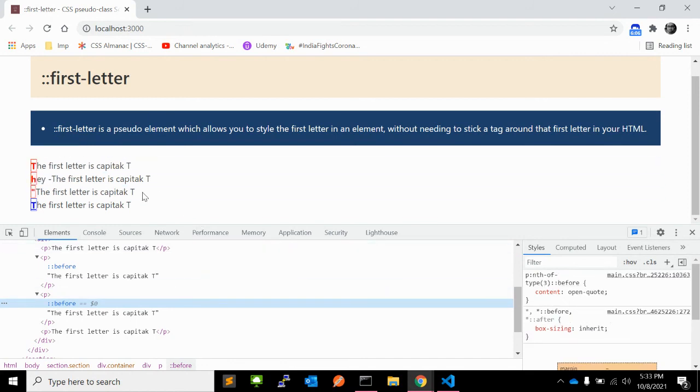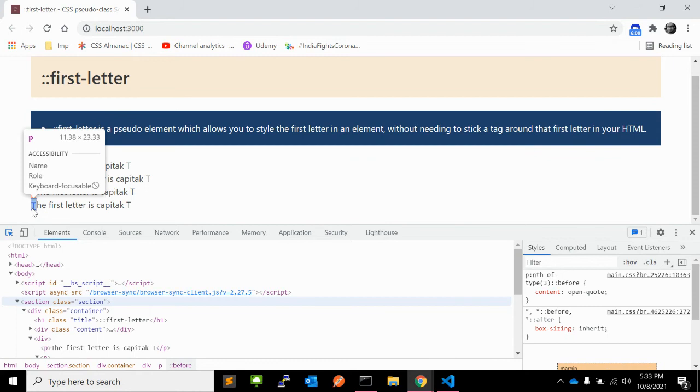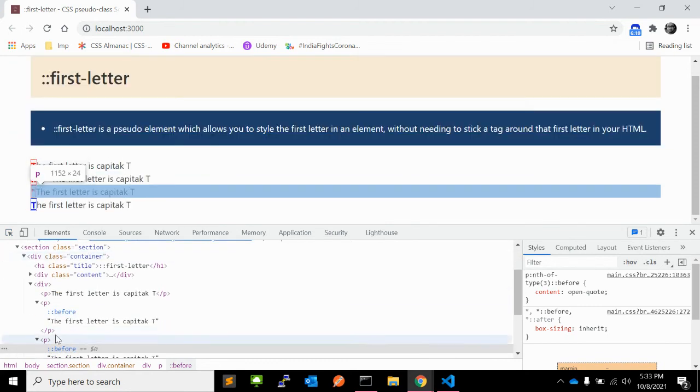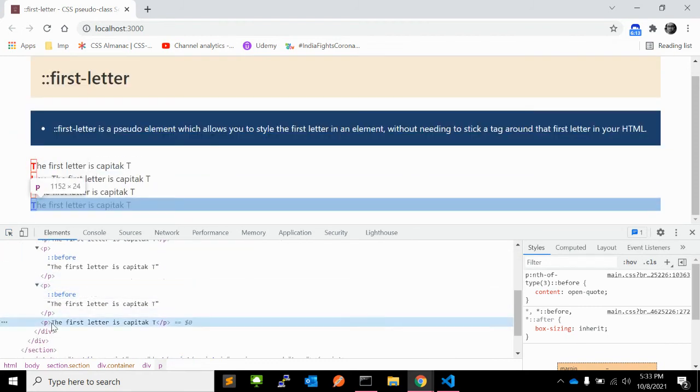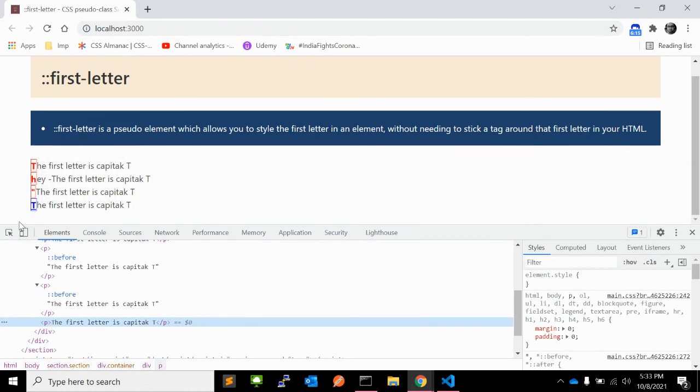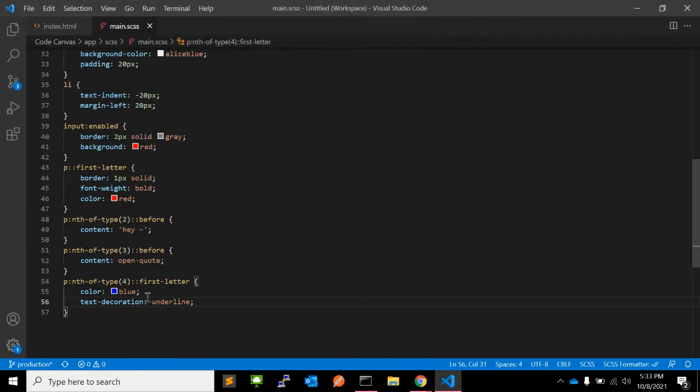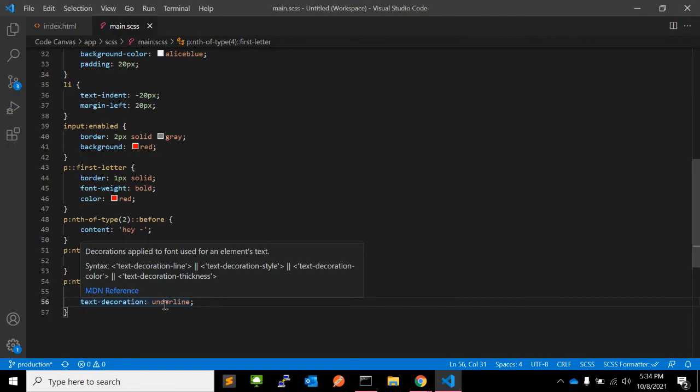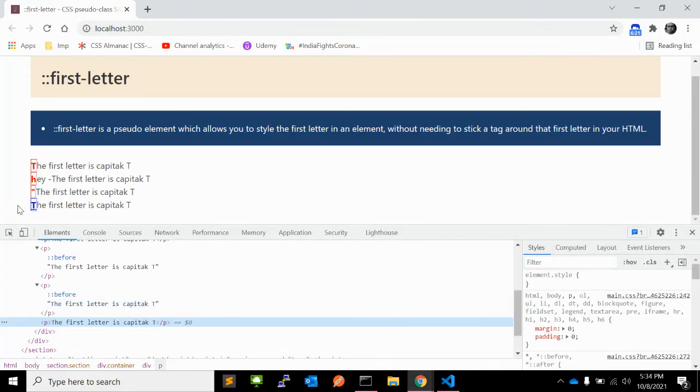As you can see here, the first character is blue as per our CSS, and the text decoration is underlined, but for a single letter only, not for the paragraph.